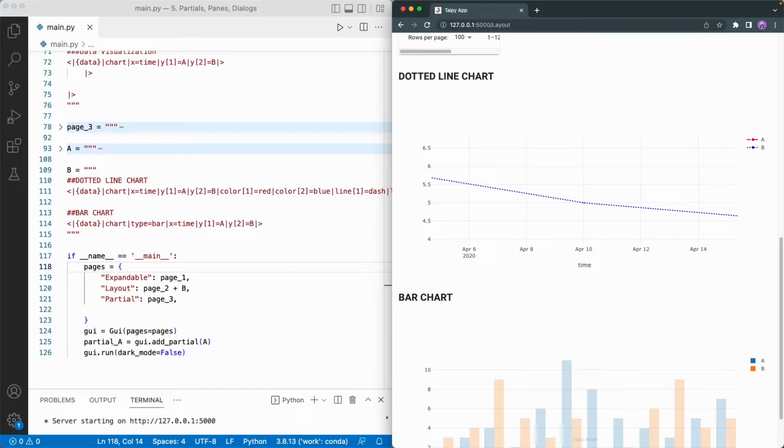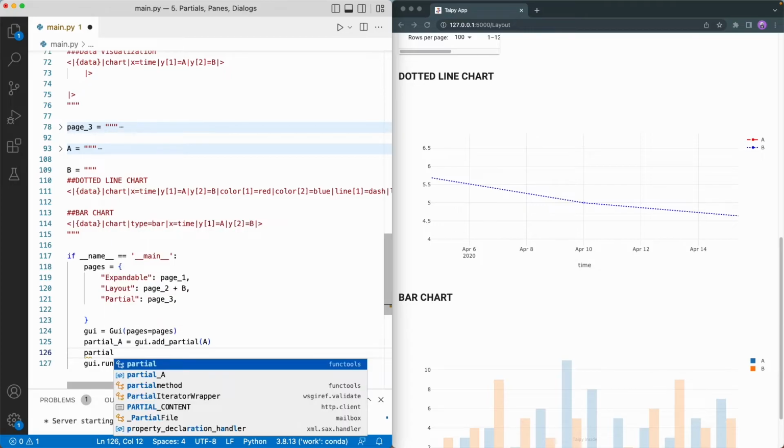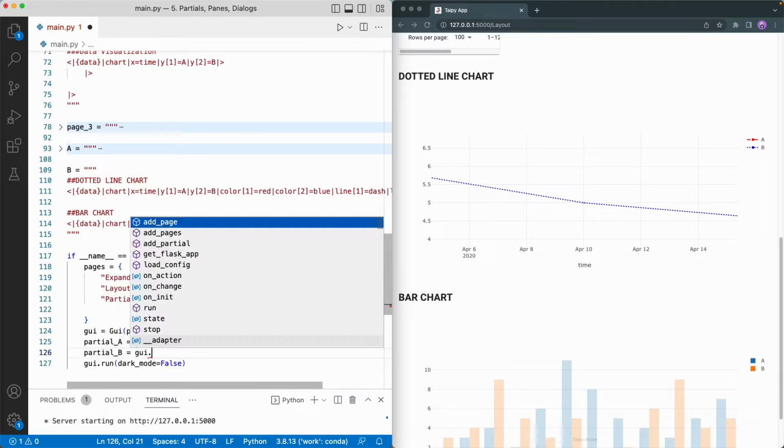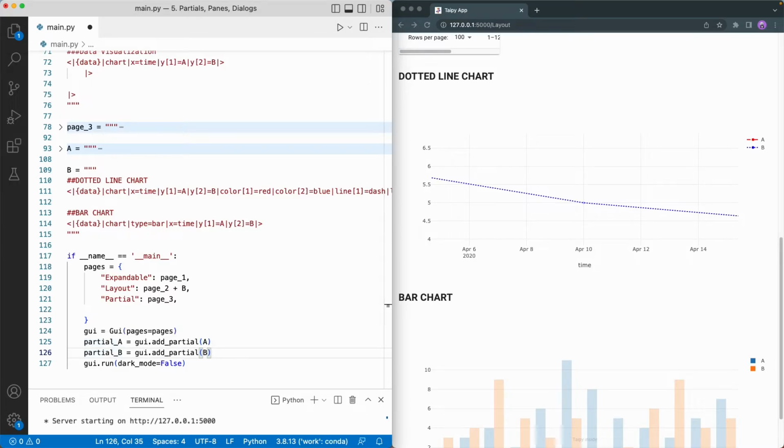Previously, we have discussed how string concatenation may cause a few problems, so let's now convert it into a partial. In order to initialize a partial, first we need to call the addPartial method on the GUI instance of our application, and then indicate a string as the argument, which in this case is b. Assign this with a variable name. We'll be using the name partial b, and now we have another partial object that can be used anywhere in our application. In fact, there are many ways to include a partial to a TypePy application.